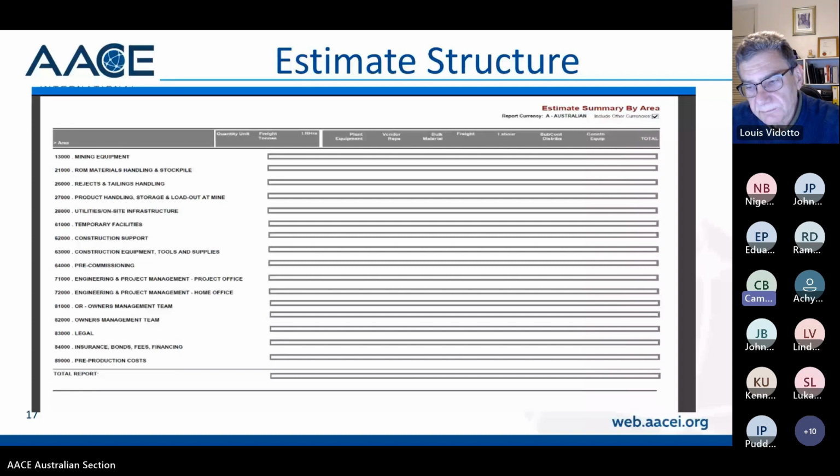We've got a couple from Frank. Can you please provide recommendations regarding estimating escalation? Okay, so when we calculate escalation, there's complex ways of doing it and simple ways of doing it. For example, on the estimate structure I've got on the screen, you might look at when area 27,000, which is product handling, starts and when it finishes. And then you've got about a 12-month period. What sort of escalation rate could you have in that area? Probably a lot of mechanical equipment and stuff. So you might look at CPI, and there's also things like steel price index that you might use,